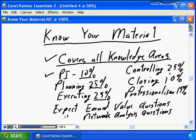So you need to focus your attention where the majority of the questions are going to be, and that, of course, is in the core of the project management areas. Planning, executing, and controlling. Closing will be another 10%, and potentially a surprise if you're not familiar with the PMP process, there's approximately 15% of the questions